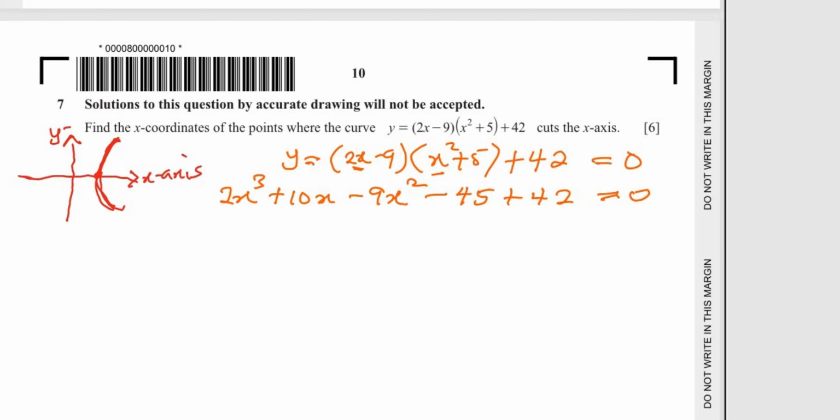Alright, with this I need to rearrange the equation in order of degree of x. The highest degree of x here is 2x raised to the power of 3, followed by the next, which is minus 9x squared, then plus 10x, then minus 45 plus 42 gives me minus 3. Everything will be equal to 0. Alright, in this order,